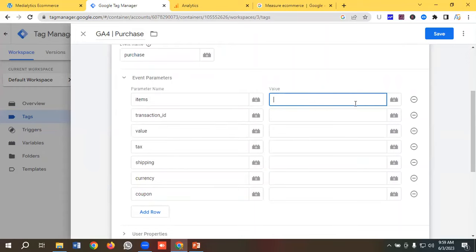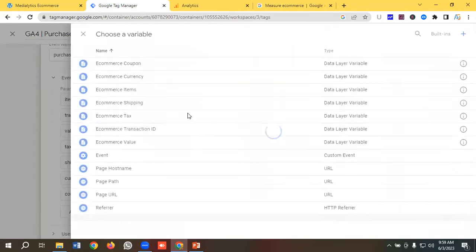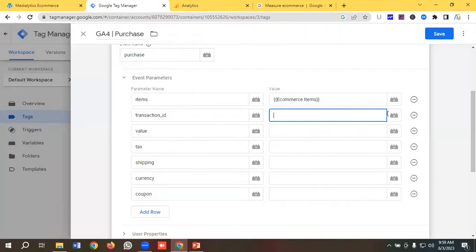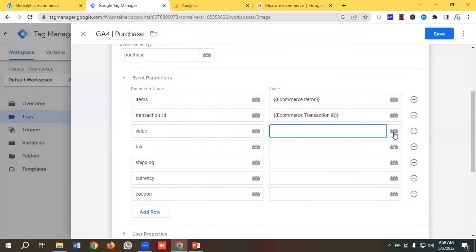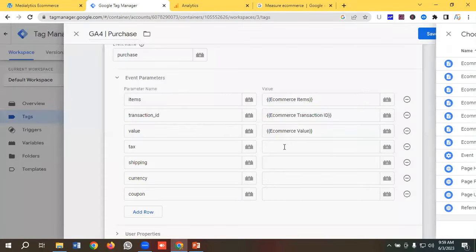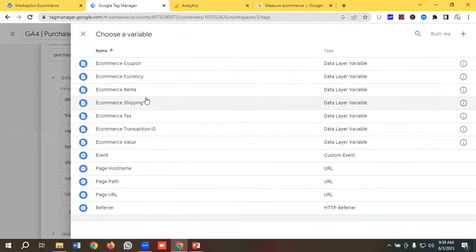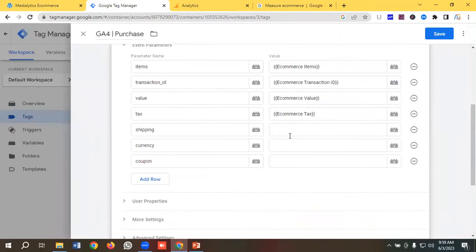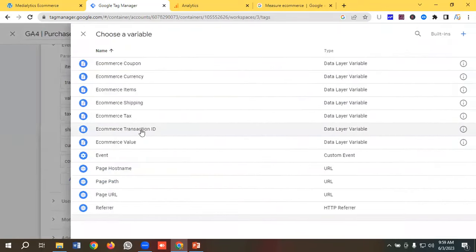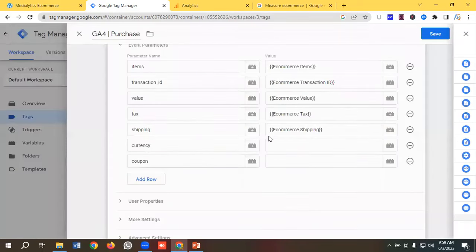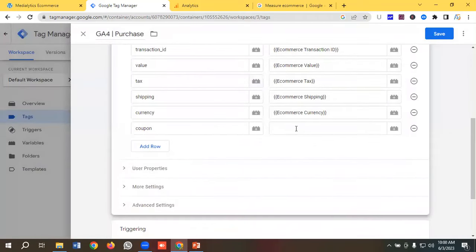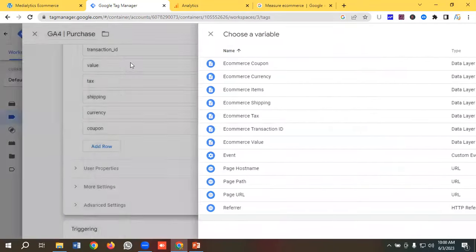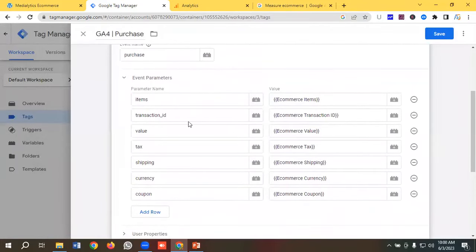Okay, so for items, I'm going to be choosing e-commerce items. So e-commerce items is here. Then transaction ID, I'm going to be choosing transaction ID from here. The value would be e-commerce value. Tax would be e-commerce tax. And next one, shipping would be e-commerce shipping. Then currency, I'll be using e-commerce currency. And the coupon, I'll be using e-commerce coupon. So all of the event parameters have been